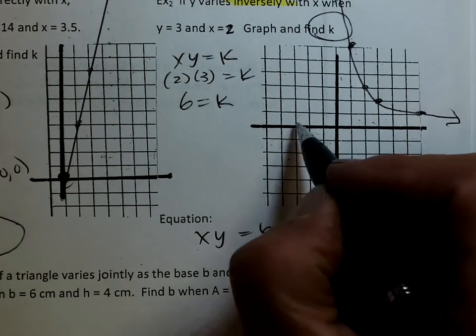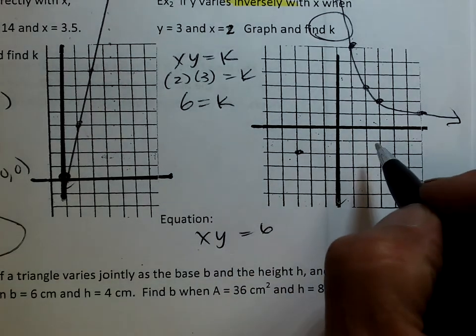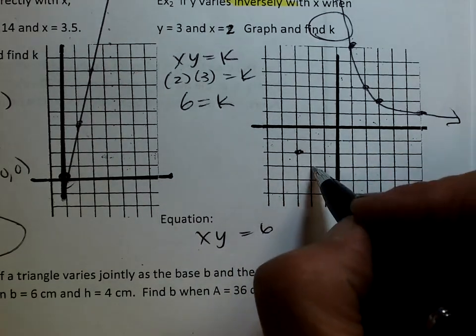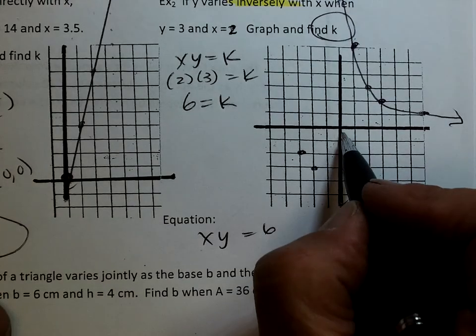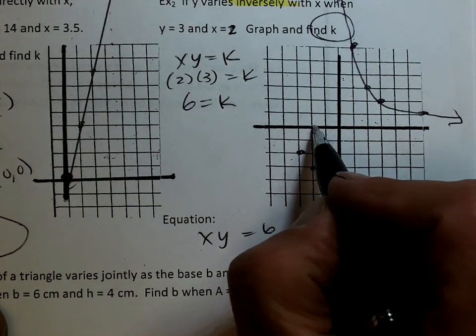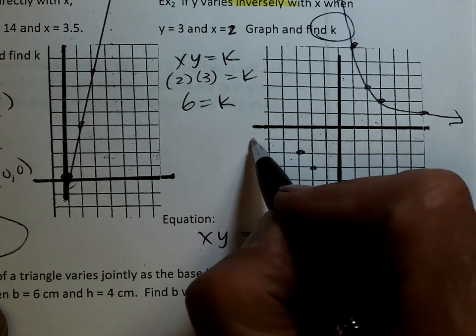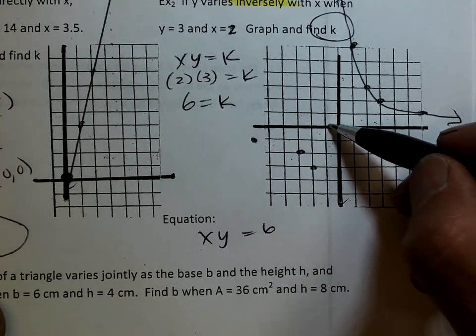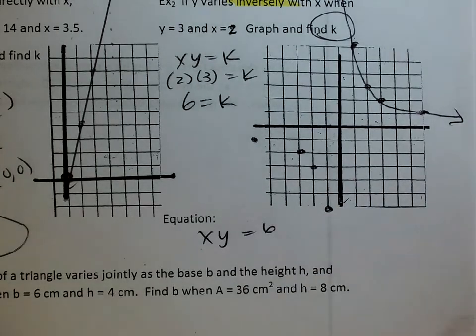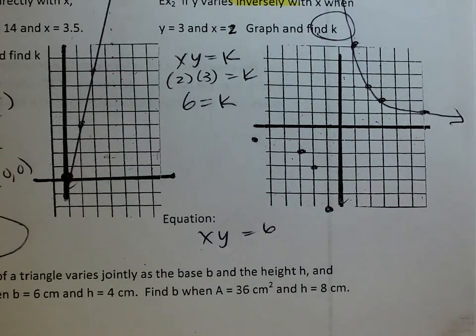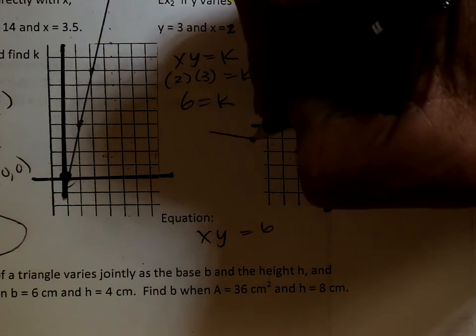So I know a negative 3 times a negative 2 makes 6. I know a negative 2 times a negative 3 makes 6. I also know a negative 6 and negative 1, and a negative 1 and negative 6 also makes a positive 6. And so here is my other half of my